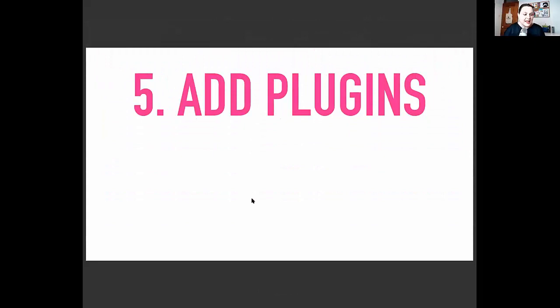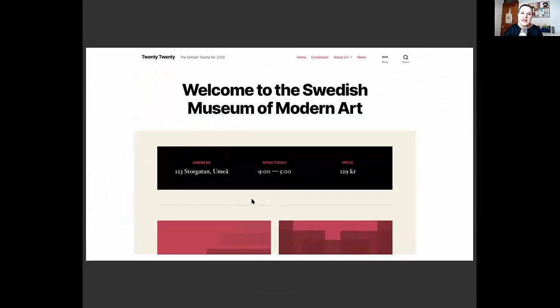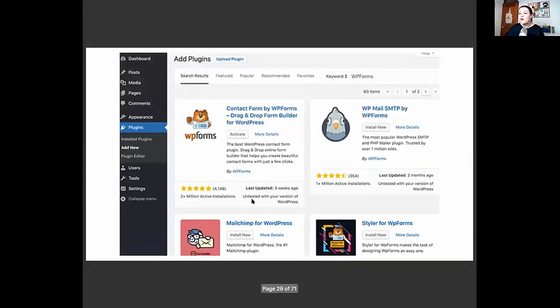Right, so I just hinted at it there, but the next stage, once you've done that initial admin, is to add plugins. And plugins are like the kind of power-ups that you can add on to a WordPress site, which takes it from essentially what is a very good content blogging platform that has pages and posts, which are like pages with dates and the ability to be categorized, and turn your WordPress website into full-on e-commerce platforms, full-on news platforms, membership